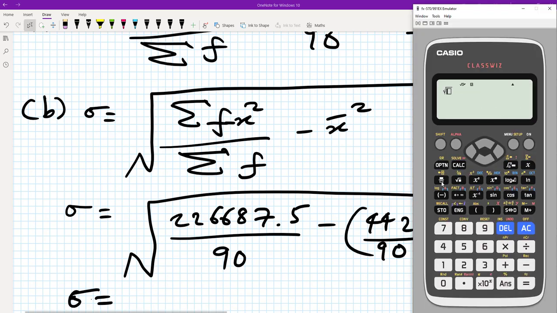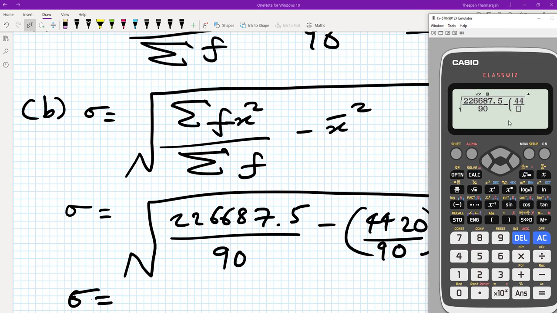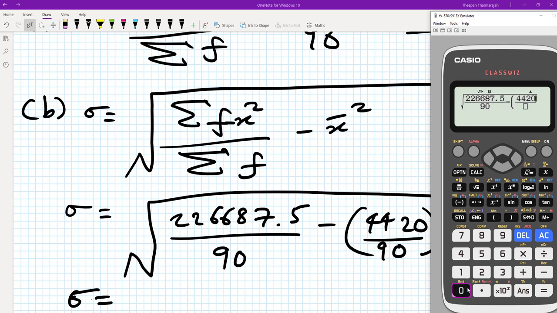So it's the square root of 226687.5 over 90, minus 4420 over 90 all squared, and then we should get our solution, which is 10.3. So I'm going to write 10.3